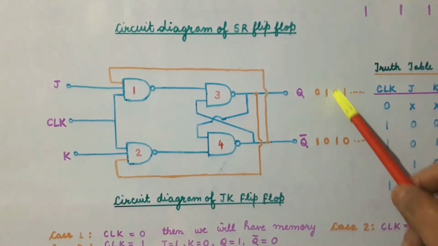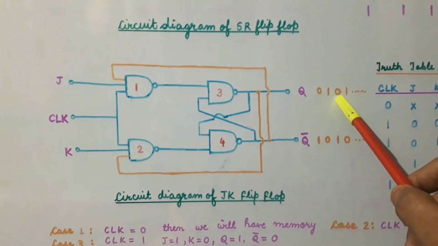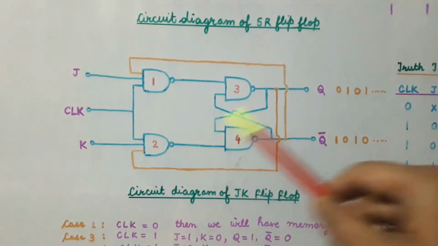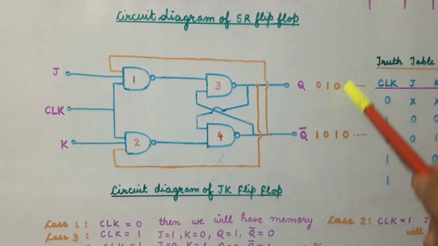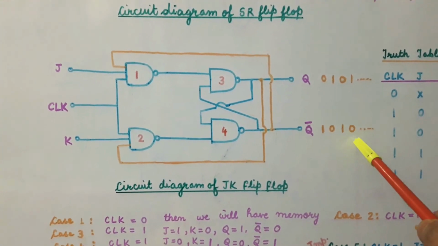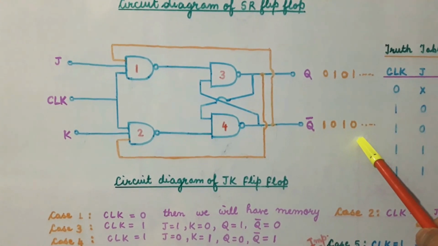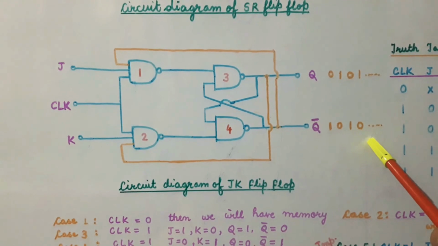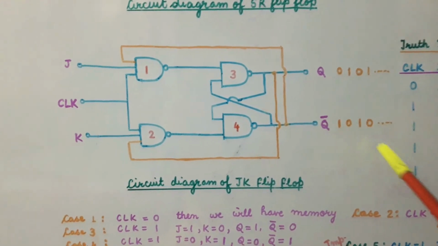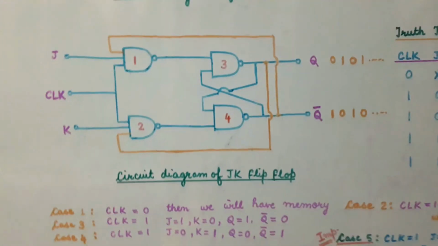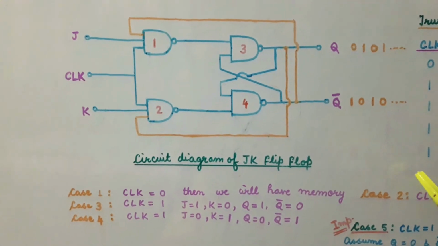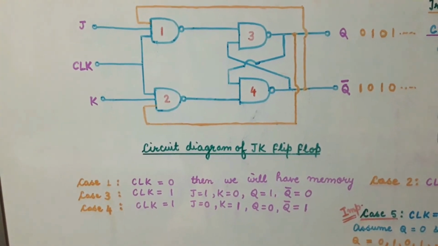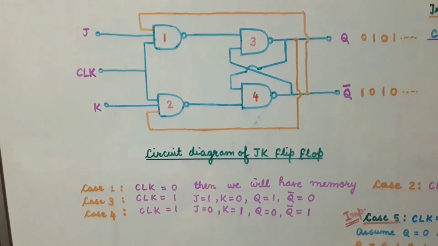In a similar way, if we do the analysis with outputs Q as 0 and 1, again we will find that the output will come to be 1 and its complement will come out to be 0. So we find that when we are giving the clock 1 and the value of J and K as 1 and 1,